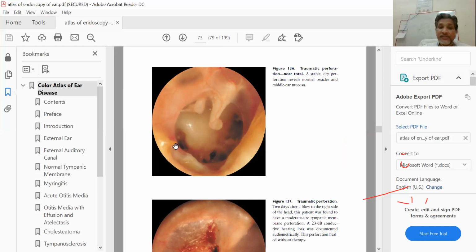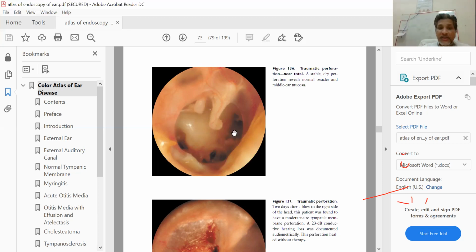If it has a floor to grow upon, then it is easy for the tympanic membrane to reapproximate with precision. So in this case, the chances of regrowth of the tympanic membrane are very less.